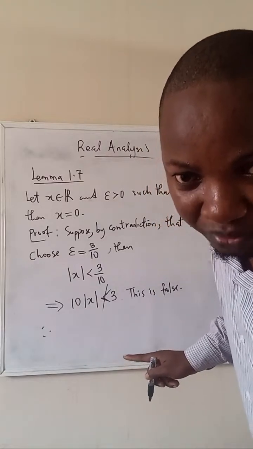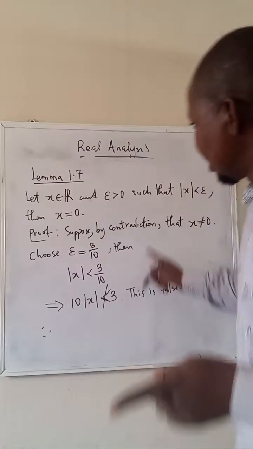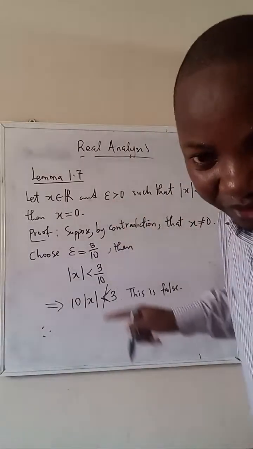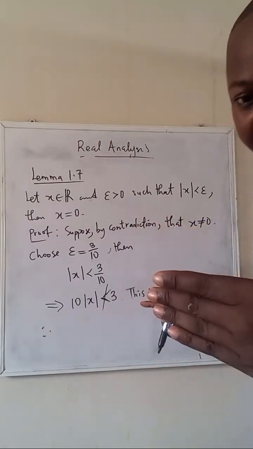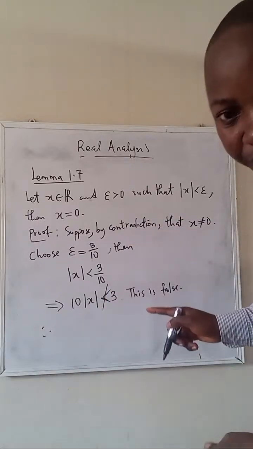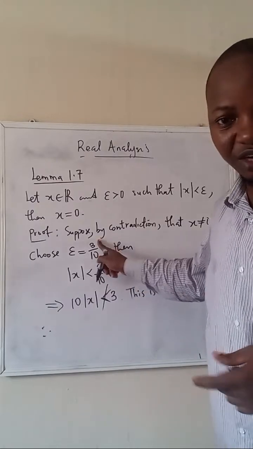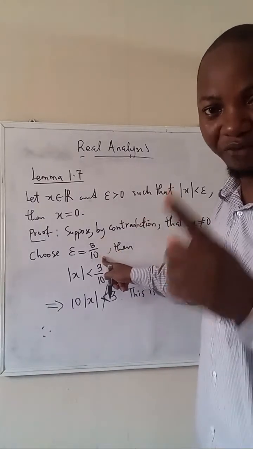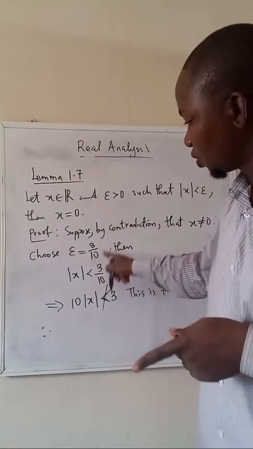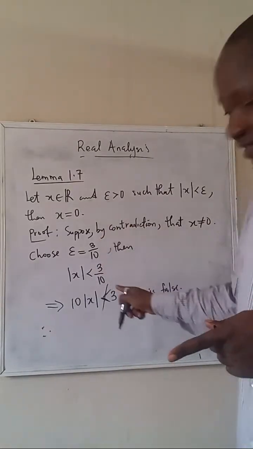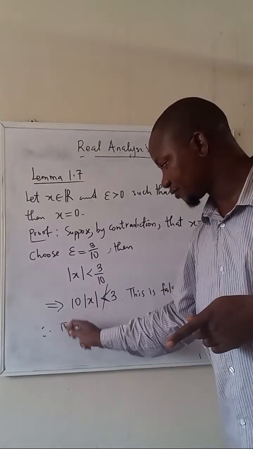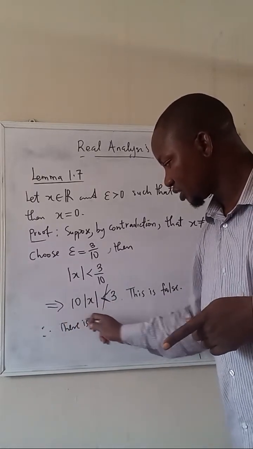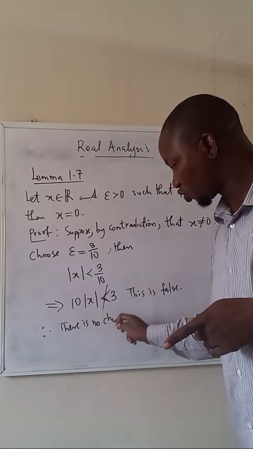That epsilon is a constant. It is a constant, and it is a positive number. And I say a positive number starts from a number immediately after 0. That's why somebody suggested we should use 3/10. I picked 1/2 earlier, and somebody said we should use 3/10. Even at that, it will not hold. So there is no choice of x.